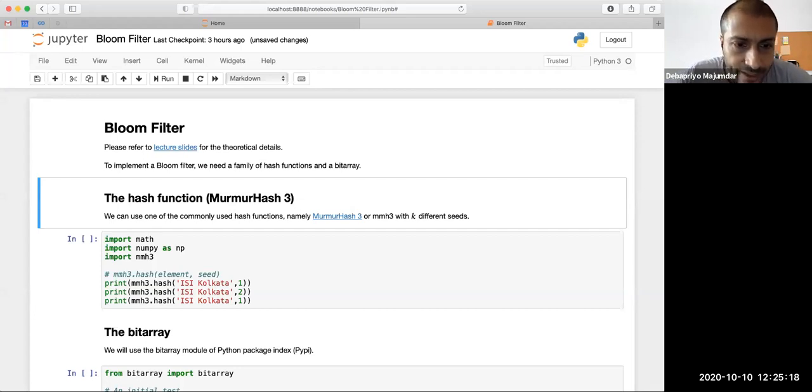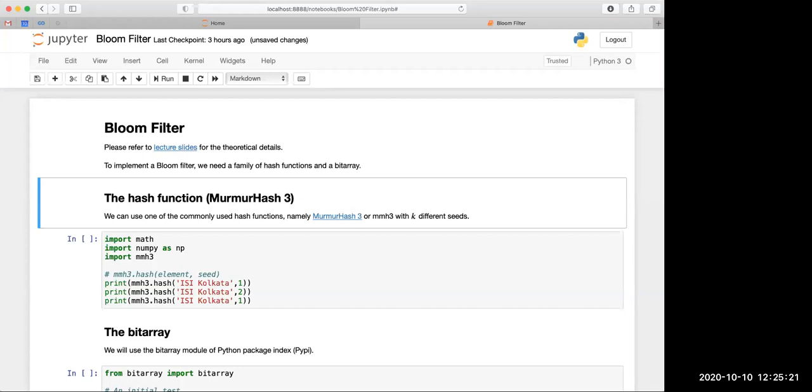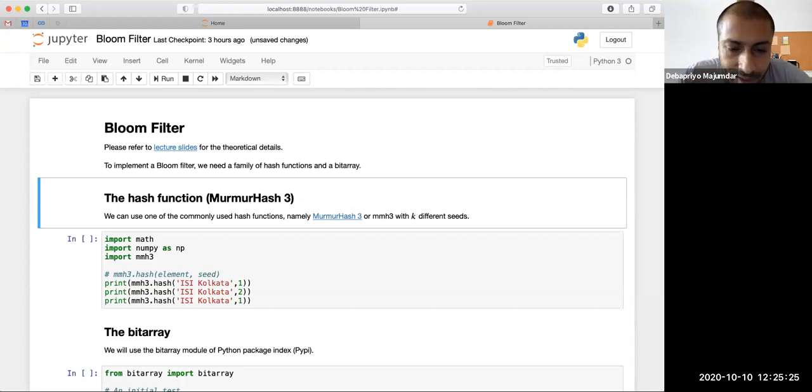All that we need is to hash them once. What it does is you can pass an item, or a string rather, as the input, and a seed. If you pass the same seed and same input, of course the hash value will be the same, but with a different seed, it will produce a different hash value. So with a different seed, we can treat it as a different hash function, which is independent of the previous one, right?